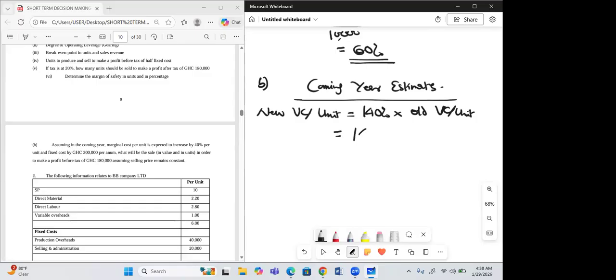The old variable cost per unit was what? It was 60. Yes, 60. So that gives you what? 84, right? Yes, sir. So the new variable cost per unit is 84. And they said fixed cost will also increase by what? 20,000. So the new fixed cost